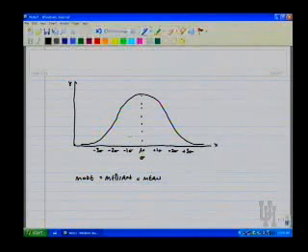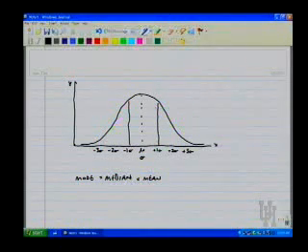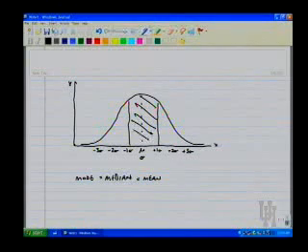Let me ask you this. What proportion of the area under this curve is between -1 standard deviation and +1 standard deviation? That is, this area in here. Well, can't the total area only be 1? The total area is 1 or 100%. So,